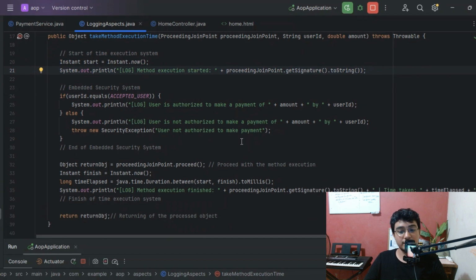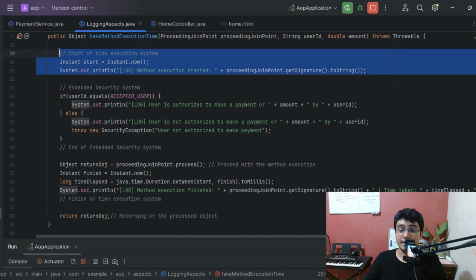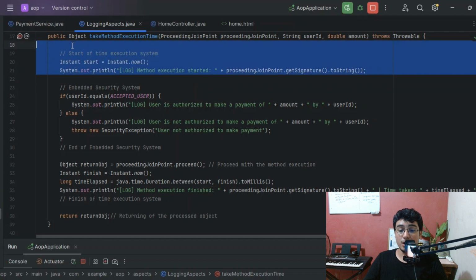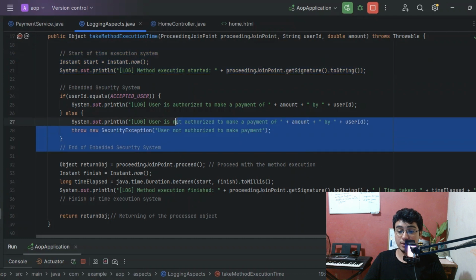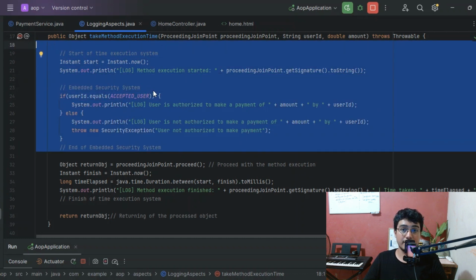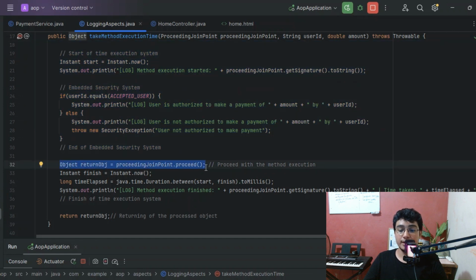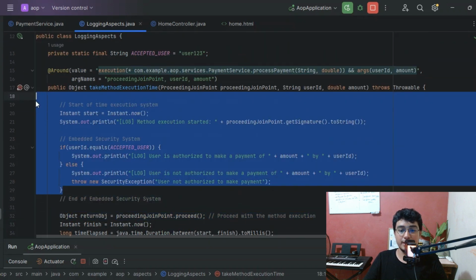Isn't that awesome? Bro, this is awesome, because I have embedded this execution system here to log before the method execution happens. Remember, all of this is before the method execution happens, okay? Because once I call this line here, the proceeding join point dot proceed, I am, as I told you, making a divisor between the logic before the method execution starts and the logic after the method has executed. So this logic here will be executed